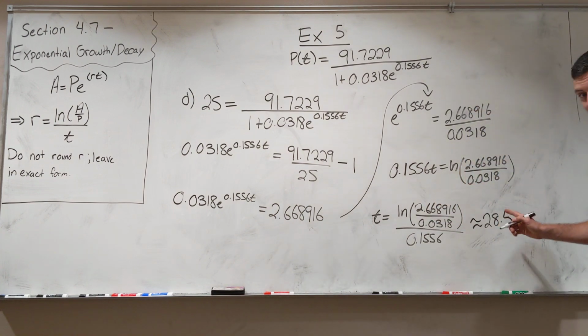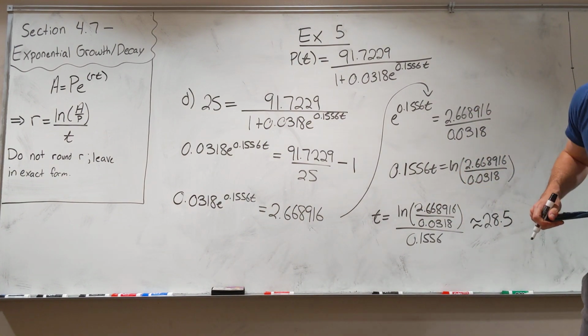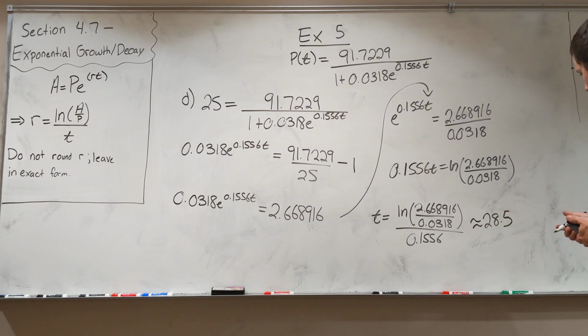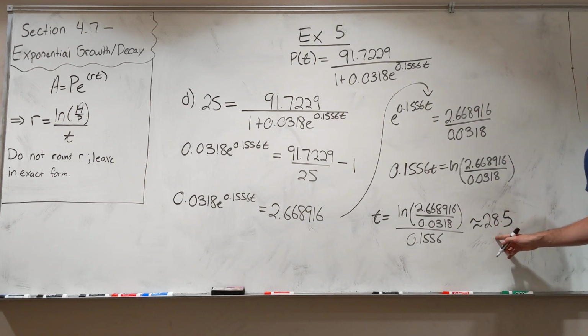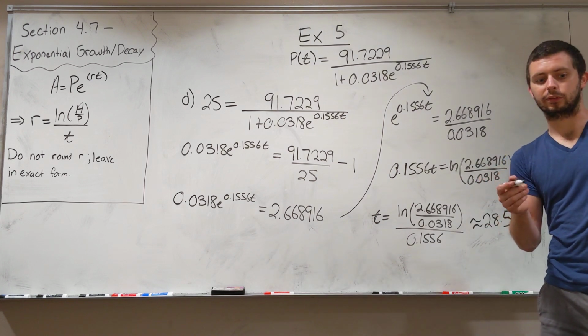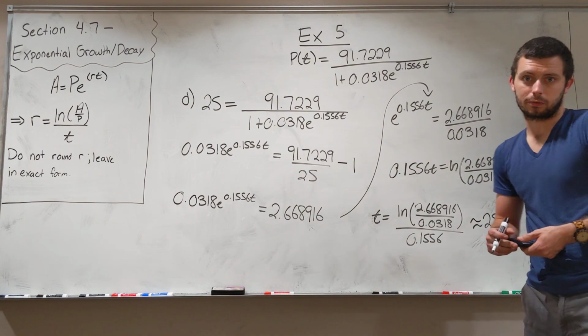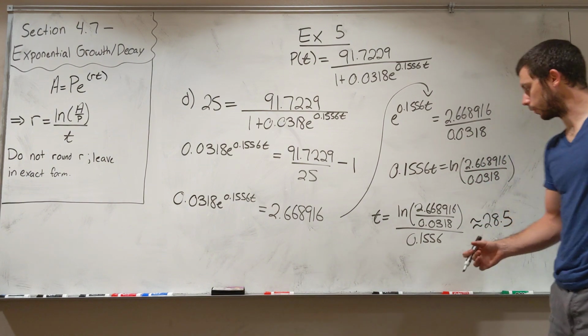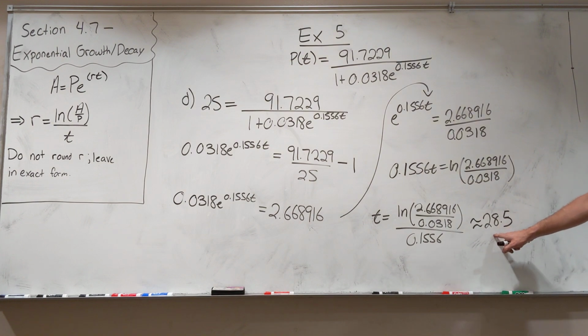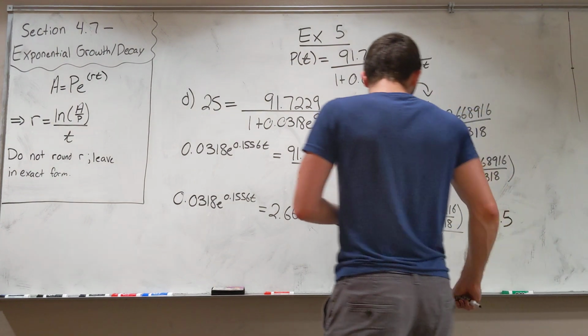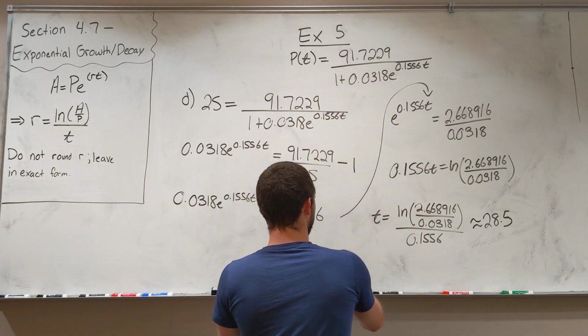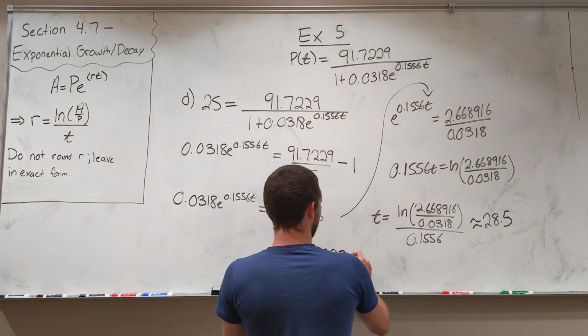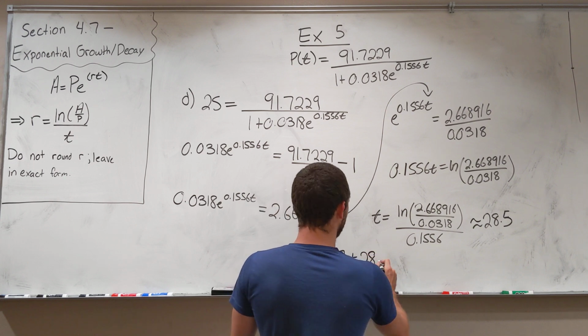However, this is not the answer, because the problem says in what year. So this is not the year that it's referring to. This would say it's the year 28. So how you have to apply that is, remember the starting year was 1987. For your problem, it might be different. I've seen 1984, I've seen other years used. You would have to add that number to the year. And so what we have, the 1987 plus the 28.5